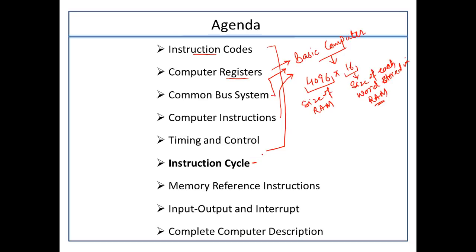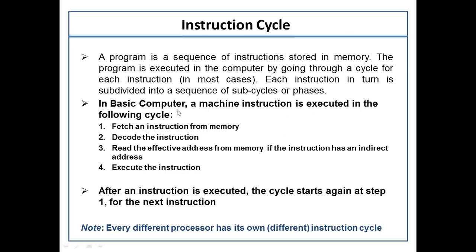Today's topic is very important because without understanding the instruction, or the cycle of the instruction, it is very hard for the processor to process the instruction. So let's start understanding it in more detail. To begin with, what is an instruction? Every time a user enters a program, whenever we expect some kind of output from the machine, it is always given to the machine in the form of a program. So a program is nothing but a sequence of instructions.